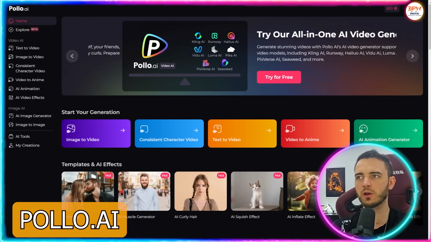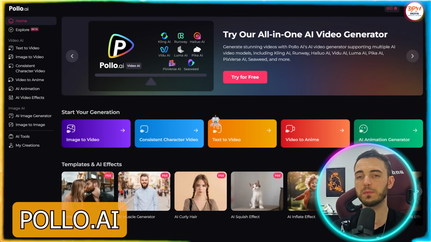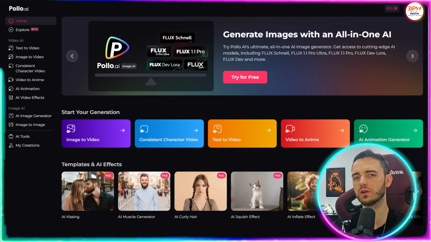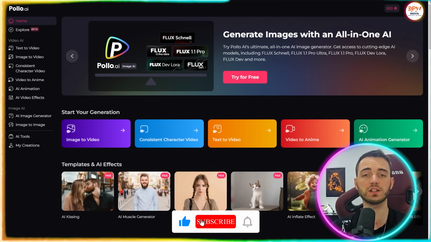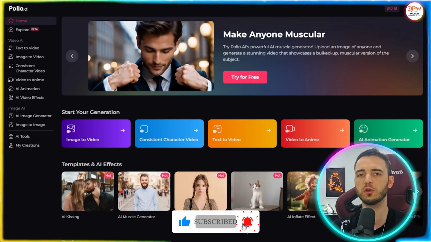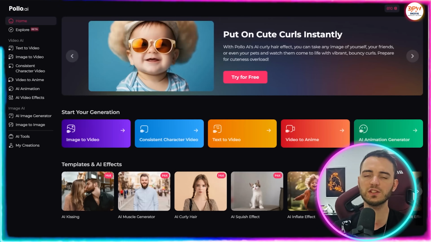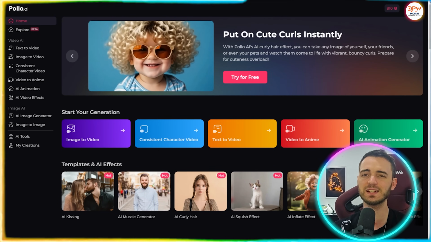So this is Pollo AI, and this is probably one of the best tools out there when it comes to video generation. Now, why would you want this? Well, if you are someone that does make YouTube videos, maybe you're an editor, maybe you need some B-roll, or maybe you just need some good footage for a video. Well, with this, you can do many different things here, and it's going to save you all of the time,